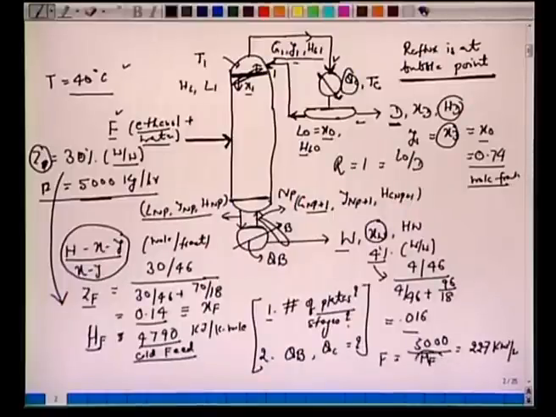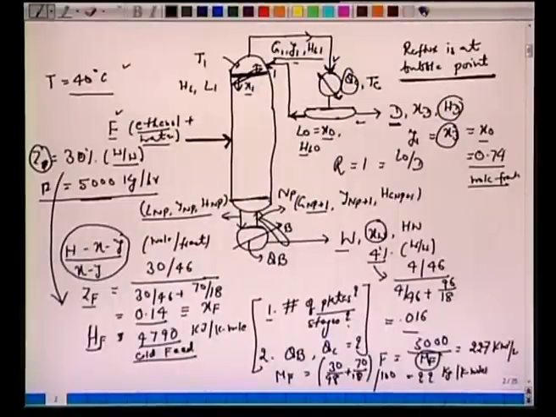So how do we get molecular weight of F? Molecular weight of F, if you know the feed composition, it's 30%. One can make this calculation here, 30 by 48 plus 70 of 18, divided by 100 to obtain this average molecular weight as 22 kg per kilomole. So we have converted all quantities, feed, all the weight fractions into mole fractions.